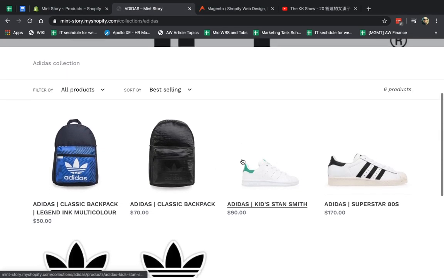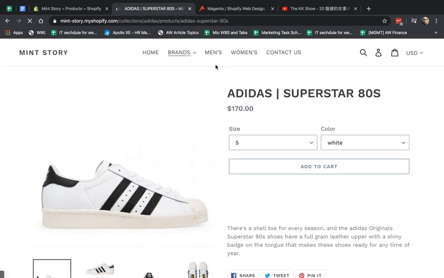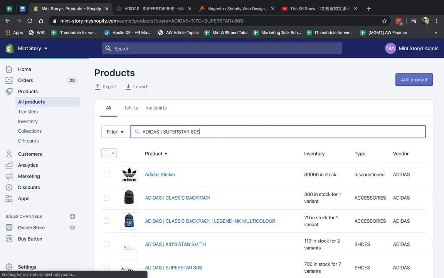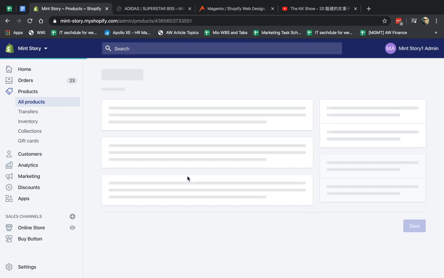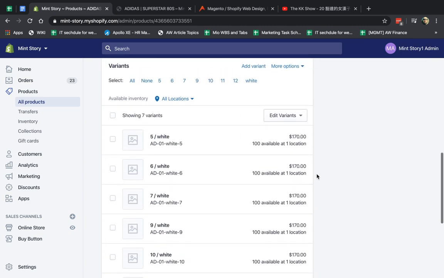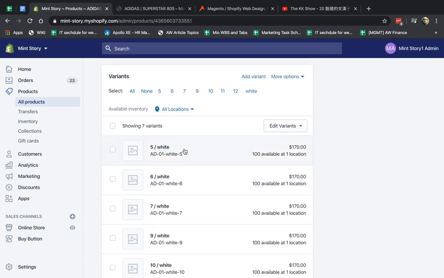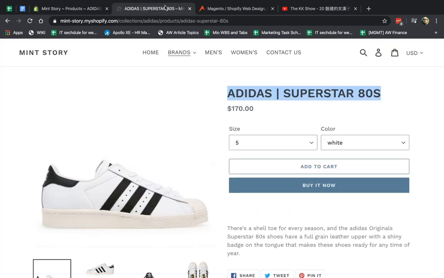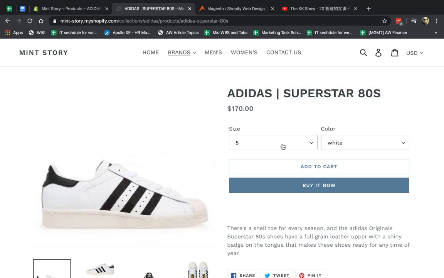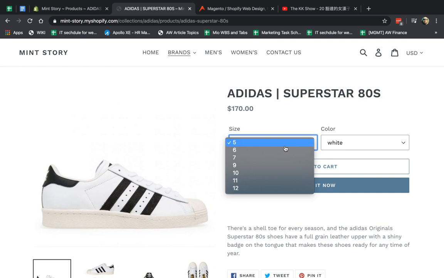Okay, so let's talk about a variant. For example, a shoe. So I'm going to go here, right here. I'm going to search for that, and then I'm going to click on my product, okay? So everything is the same exact in the product configuration other than the variants. So here I have a variant, and I have all of these variants. So before we get into the specific, what a variant means, it means it's a specific product that a customer can buy. So even though we're only selling one type of shoe, which is this shoe, the shoe actually in the warehouse has a ton of options.